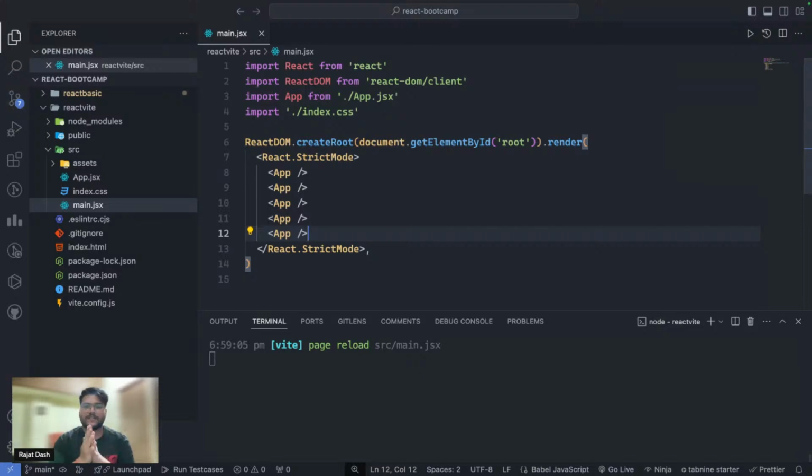I need answers from you guys. I have placed that app component 5 times there. What will be displayed in our web application, which is running? Any idea? I also said that it is a component. It can be used multiple times. I have used it multiple times.